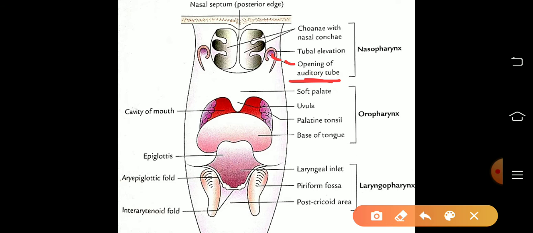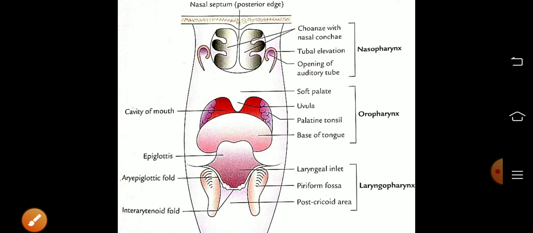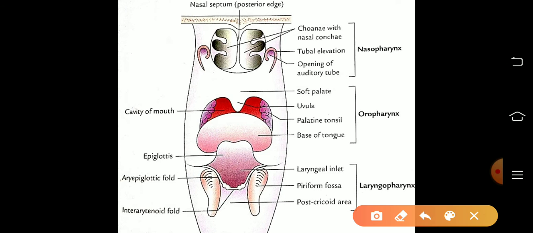It is present at the level of the inferior nasal concha. This is the inferior nasal concha. This is a superior nasal concha. You can see two protrusions. This is the inferior nasal concha, and these two are the superior nasal concha. So it is present at the level of the inferior nasal concha, and about 1.25 centimeter behind the inferior nasal concha is this opening of the auditory tube, and it is actually having